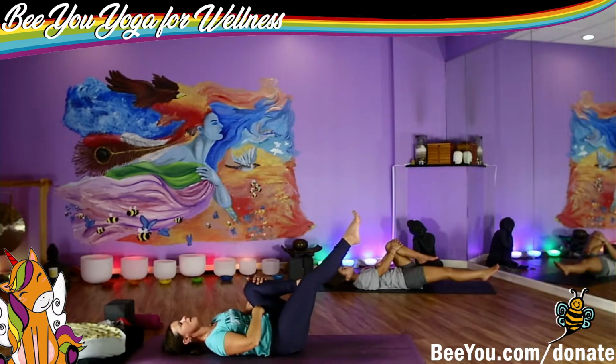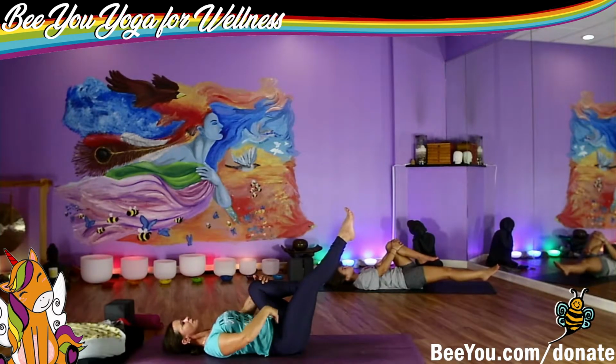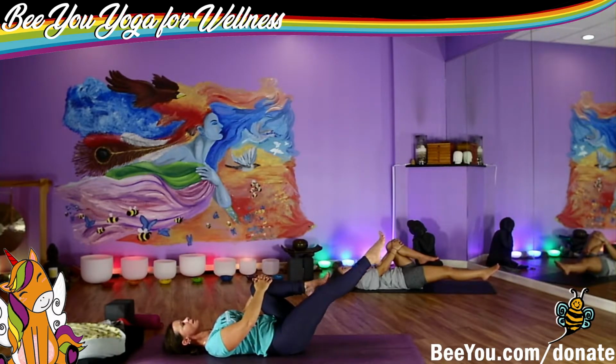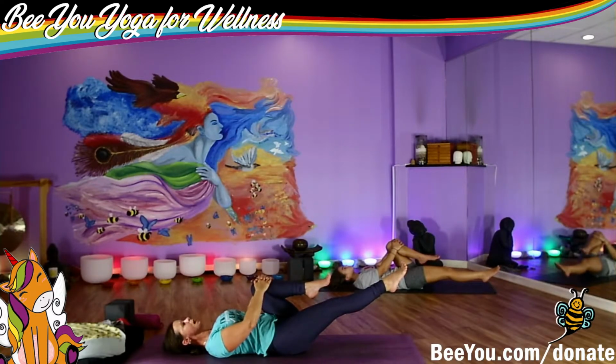So rather than flattening our low back to the ground, if you push your rib cage, push your hips, you'll find that core activation. So pull the core tight, like you're pulling all your stomach muscles towards the center and then back towards the spine. Hold the leg. And then we're going to take the leg nice and slow out to the right, as slow